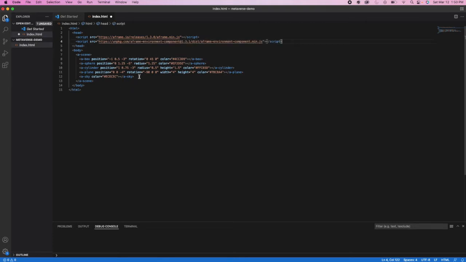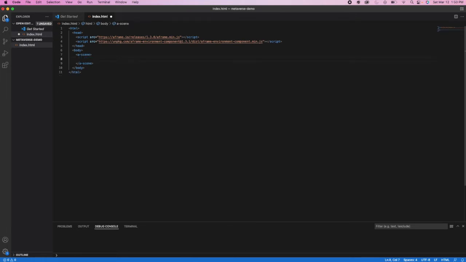And now you can go ahead and remove all of this. Just make sure you leave both tags remaining. But we can remove this. Next, what we're going to want to do is add an entity